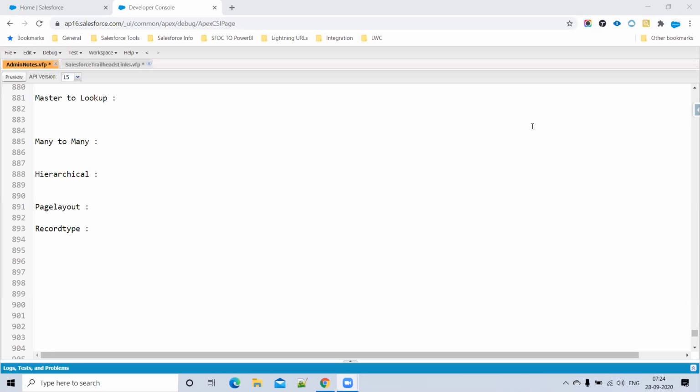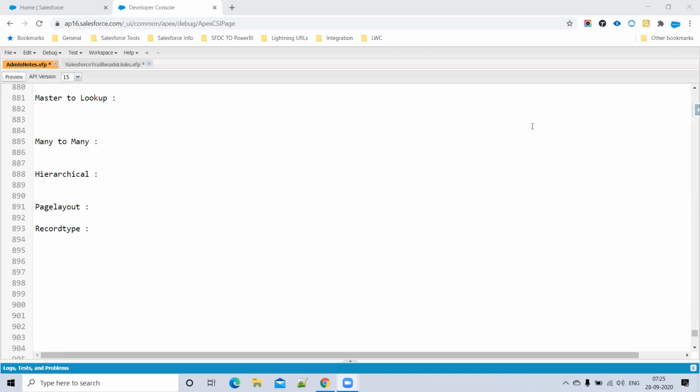So the general record type answers are almost 70-80% right. What is the definition of record type? If you want to assign different page layouts to different users based on the profile, that concept is nothing but record type in Salesforce. In a single record type, you can assign different page layouts based on the profile. For example, account type is a record type name. For admin, I can add a saving account.